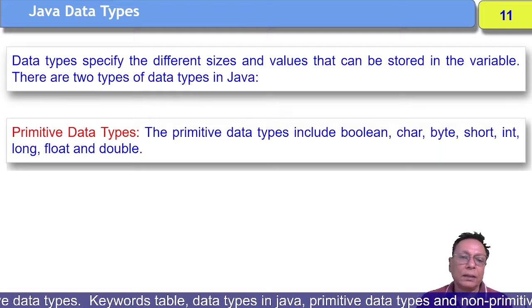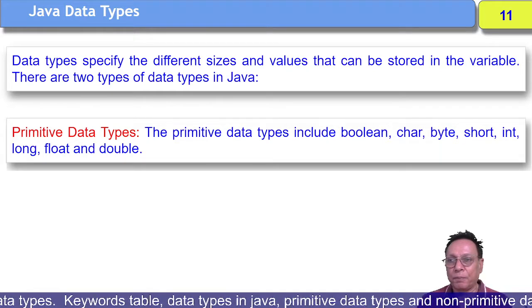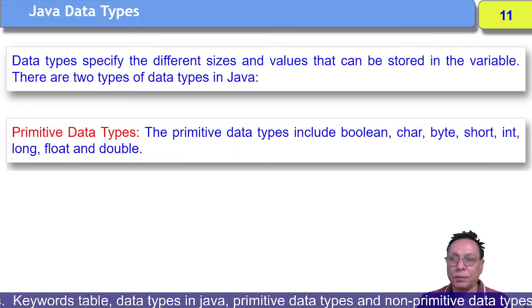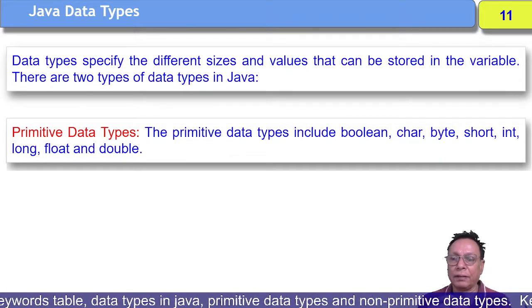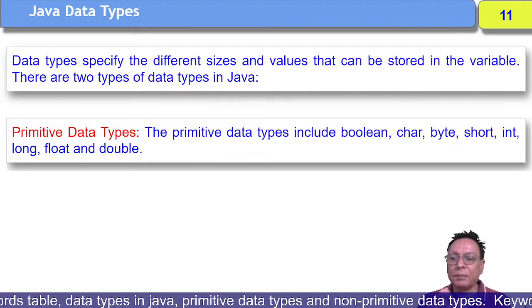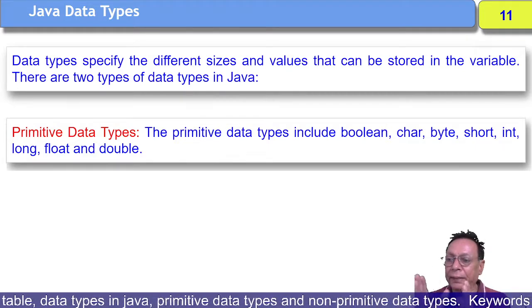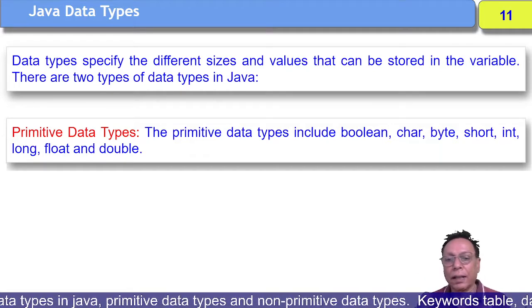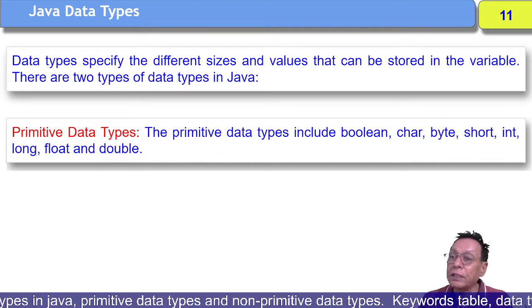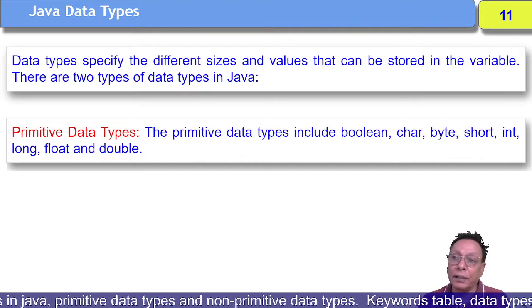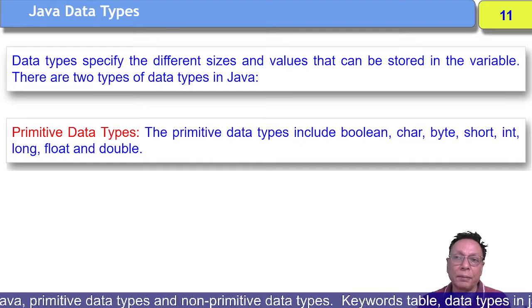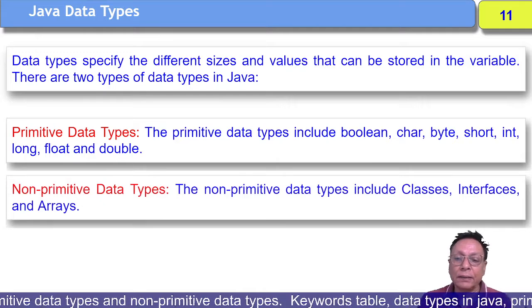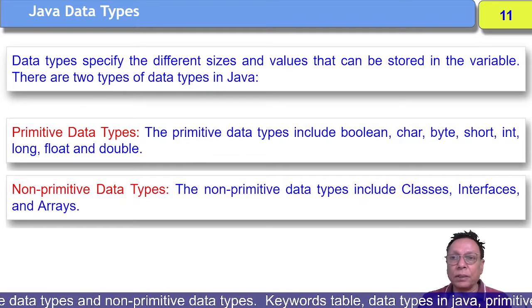Number one, primitive data types, meaning the data types which cannot be further decomposed or divided. The primitive data types include boolean, character, byte, short, int, long, float, and double. So it means if there is a primitive data type, there will also be a non-primitive data type. So what is the non-primitive data type? The non-primitive data types include classes,